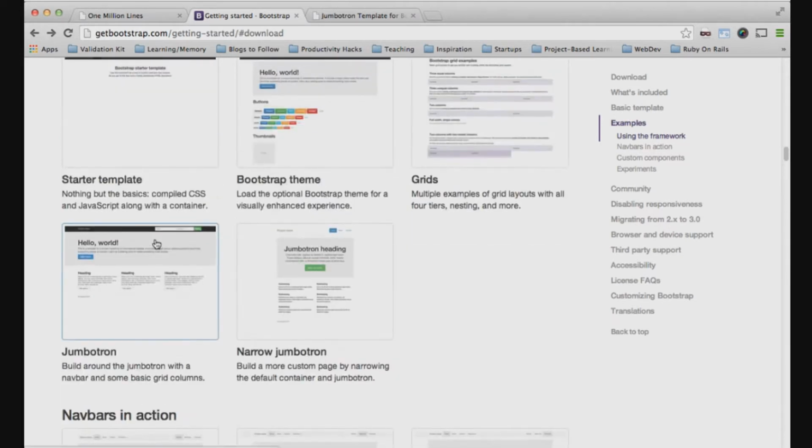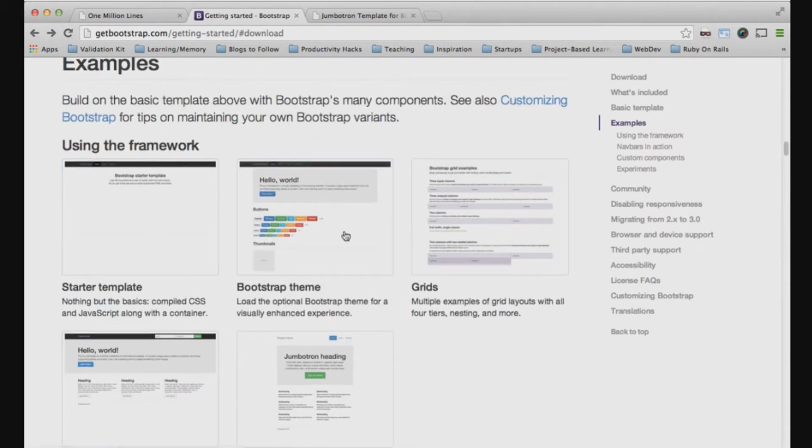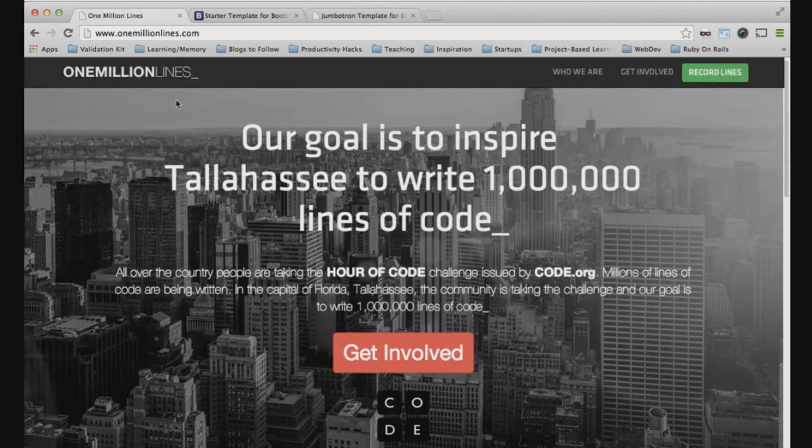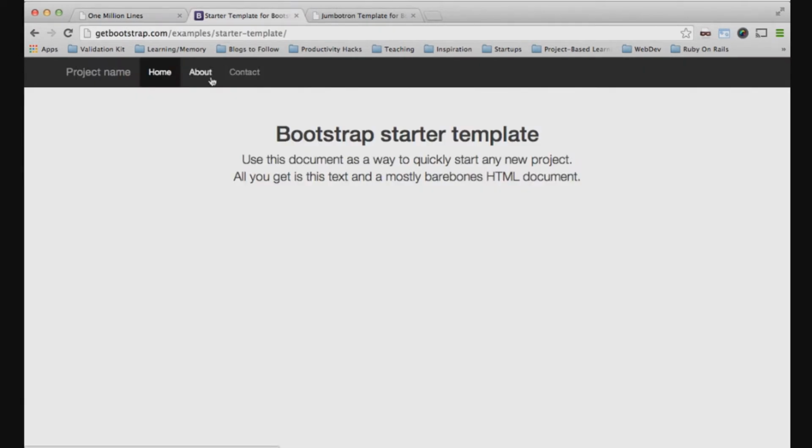So what we're going to do is find this top section, and I like the top section here with the starter template. Okay, see it? A lot more similar to 1 million lines. We're just going to have to move this stuff over here. So,